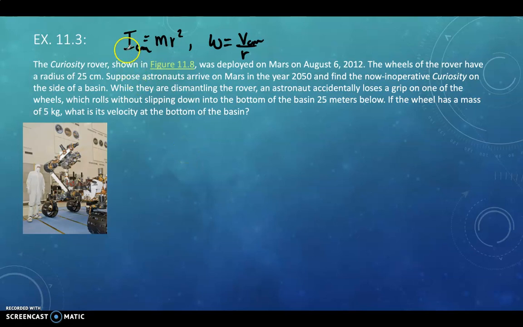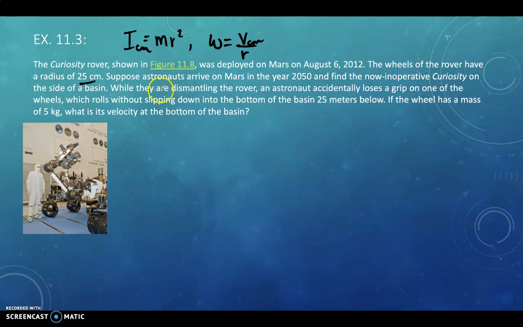We are going to start off with example 11.3. It states the Curiosity rover shown in this figure was deployed on Mars on August 6, 2012. The wheels of the rover have a radius of 25 centimeters. Suppose astronauts arrive on Mars in the year 2050 and find the now inoperative Curiosity on the side of a